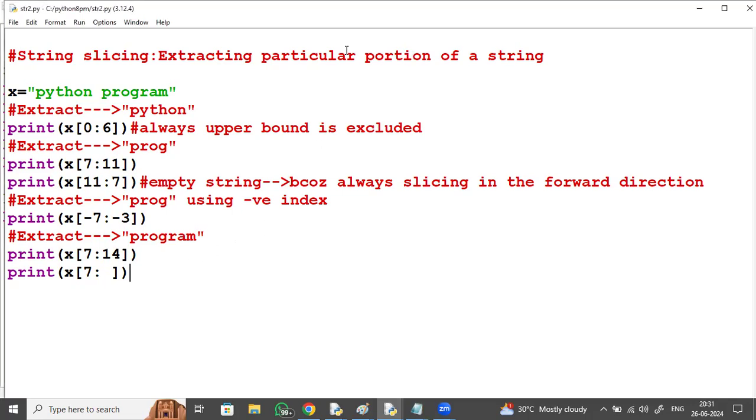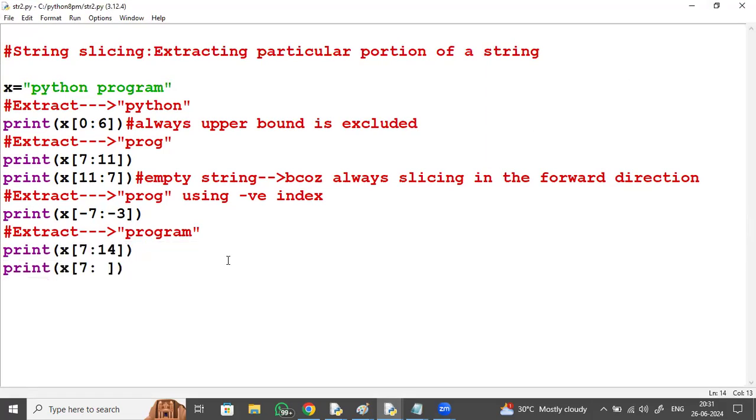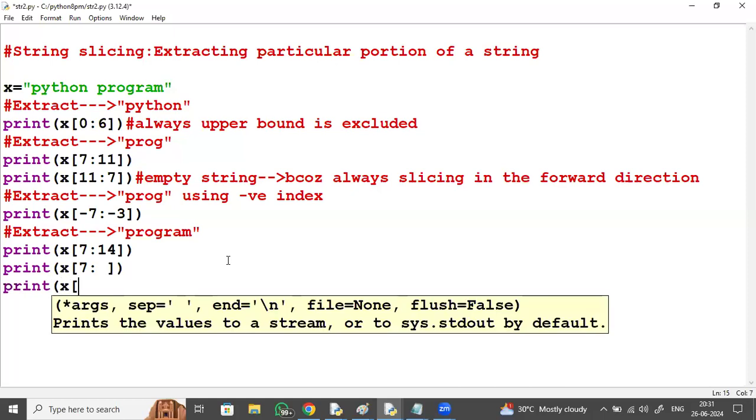Yeah, understood this, everyone, right? Next, using a negative index, you tell me, everyone. x of minus 7 to, I want program using negative index. Minus 7 to 0. Minus 7 to